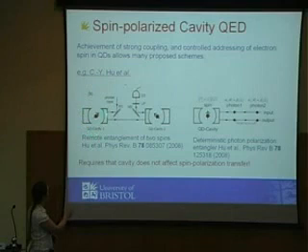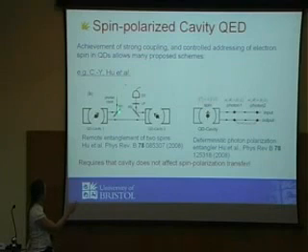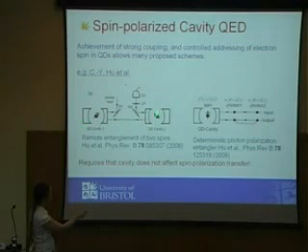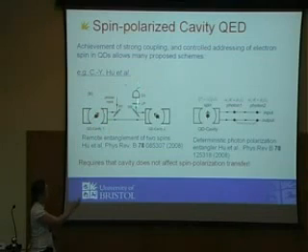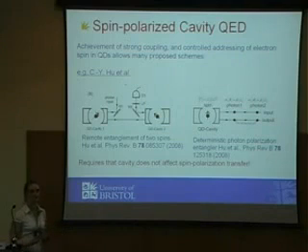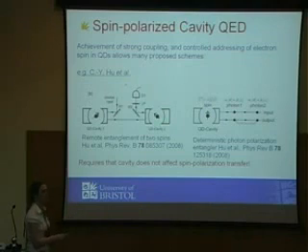The idea is you have two spins, one in one cavity and one in the other cavity, and you input a photon into the first cavity that's in a superposition state, and this will put this quantum dot also into a superposition state. Then you go on to the next cavity and entangle this electron with the photon as well. This implies that these two electrons are then entangled. Then you detect that photon to measure these two states to check the entanglement. In that way, you'll be able to entangle two spins remotely. That's very important because it means you can send a photon to many different cavities, and you've got a scalable system. You're not limited to how many